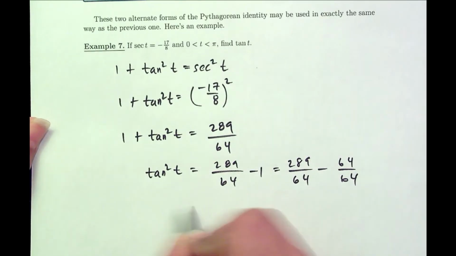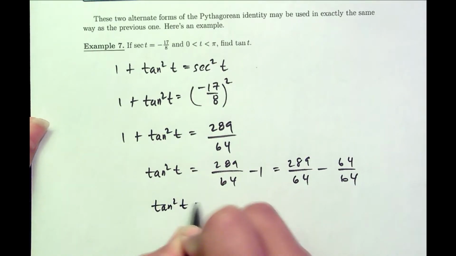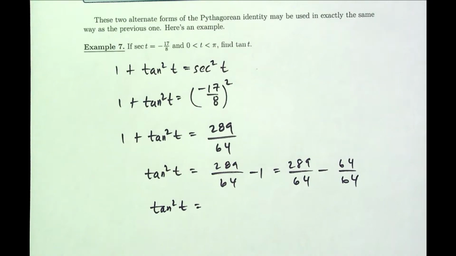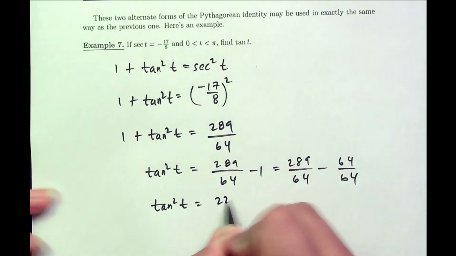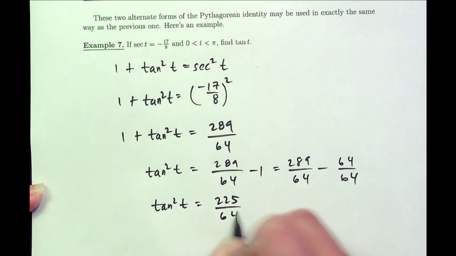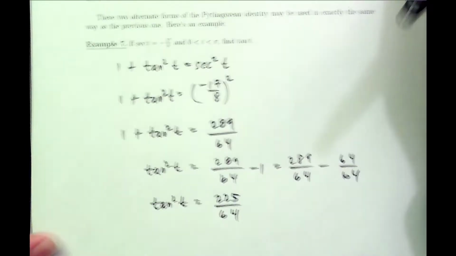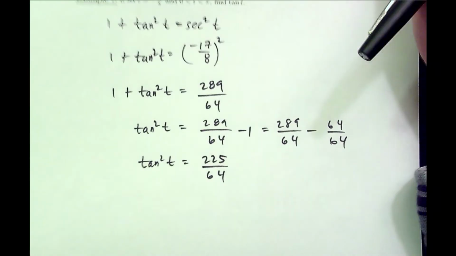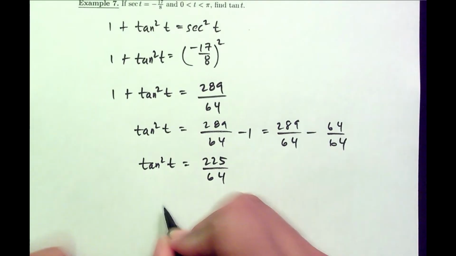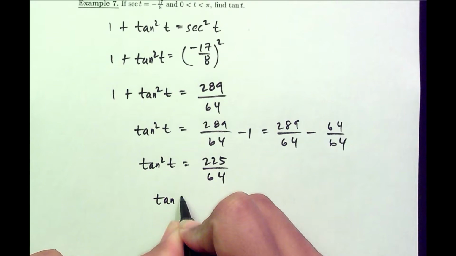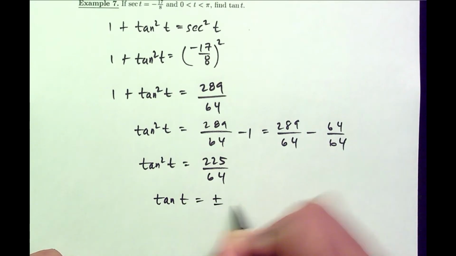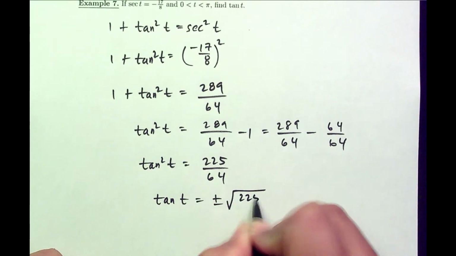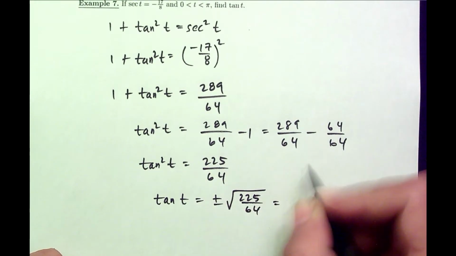So you subtract across the tops, and 289 minus 64 is actually 225 over 64. And now, finally, take the square root on both sides. We get tangent of t equals plus or minus the square root of 225 over 64, which simplifies to